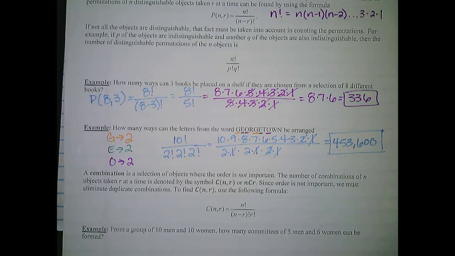So in some cases, we want to consider the order, and that's true in both of those examples. But in some situations, the order that we take things might not matter. So a combination is a selection of objects where the order is not important. The number of combinations, n, taken r at a time, is denoted using the symbol C of n